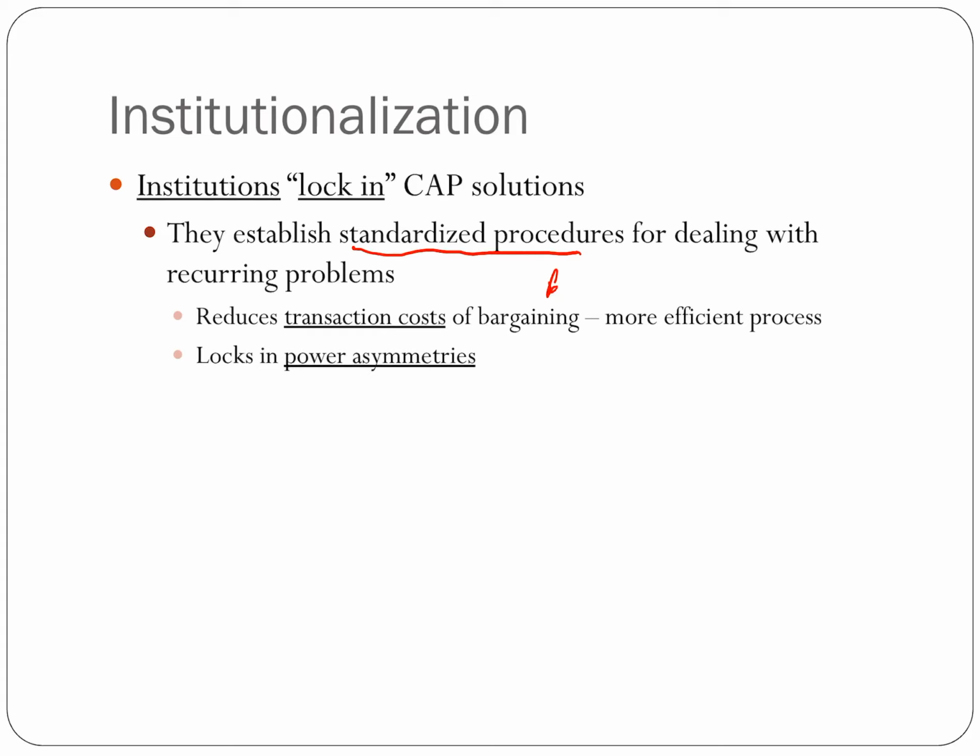The sad thing is this also locks in power asymmetries. Now, here's the positive of that: you don't have to renegotiate power between parties. It's already sort of locked in. The bad part of this is, of course, those who have power are going to get the better deal, and that's locked into this. And so sometimes we need to renegotiate these things for fairness or because power dynamics have changed. Again, that doesn't feel so important in a roommate situation, though it might be. But at the global level, you can imagine as China, for example, gets stronger and stronger, we might have to renegotiate how China fits into some of the agreements.